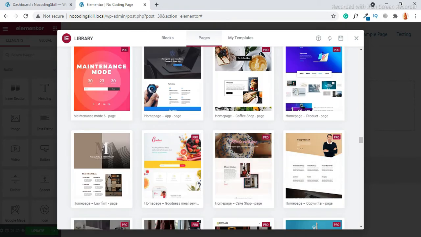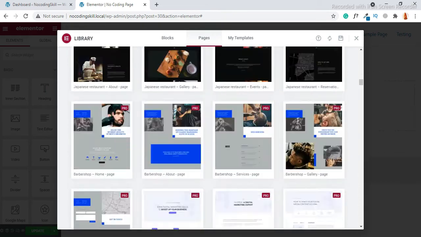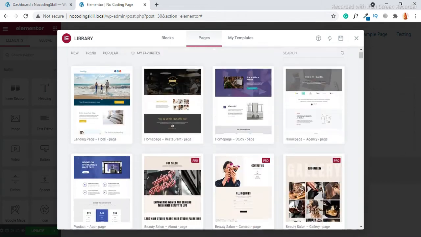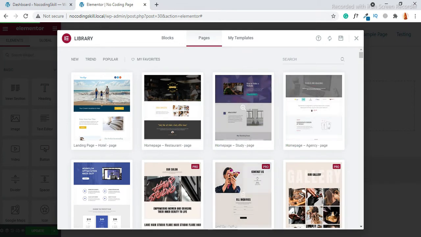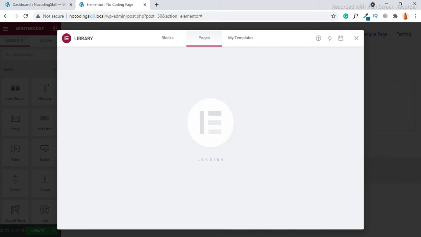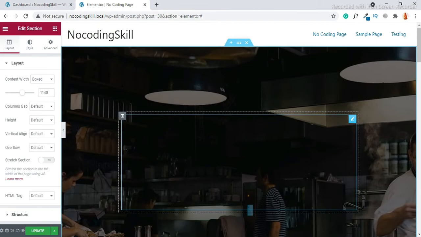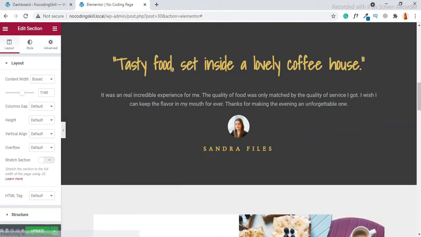First take a home page. Restaurant, let's take a restaurant page. Click insert. Okay, it's inserting. Now we have a page.